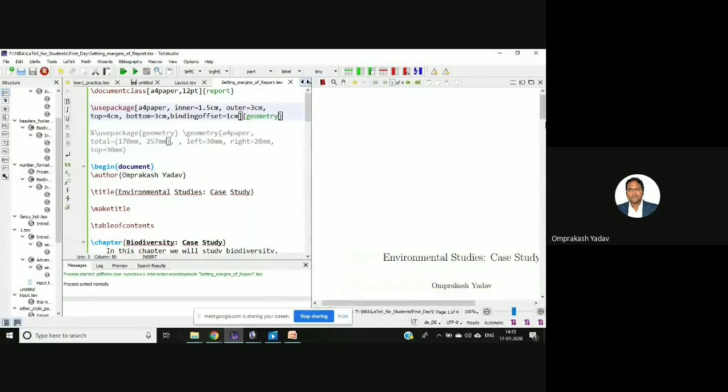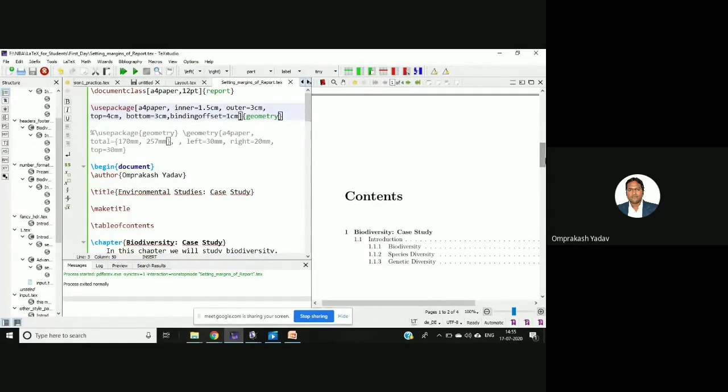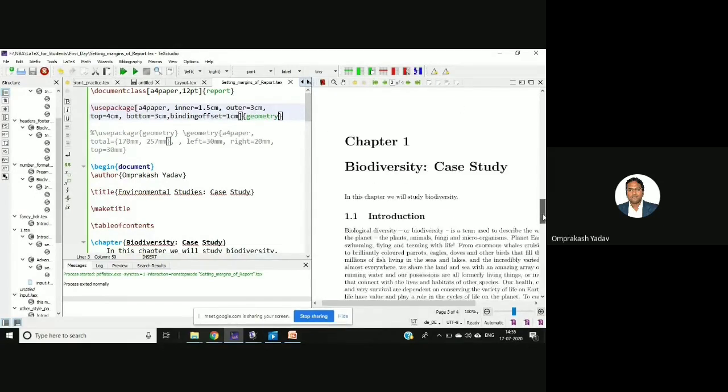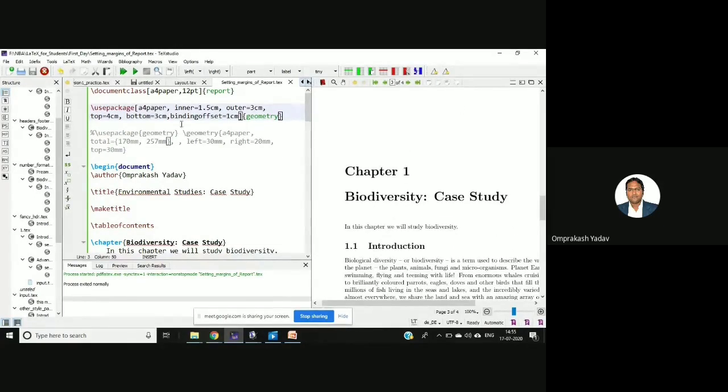Okay. See, the top margin got changed. Here also, the top margin got changed. Similarly, you can do the changes, and you can see what I wanted to show you by using this geometry package. You can mention whatever is required, and you can change the entire dimension of your paper, right?